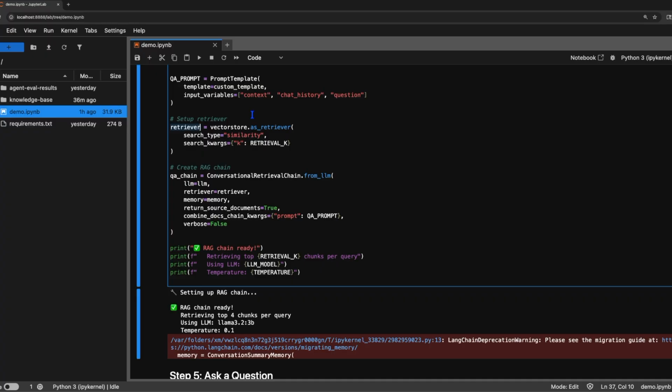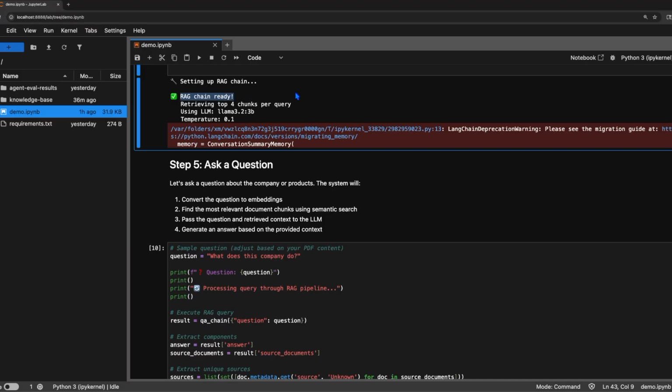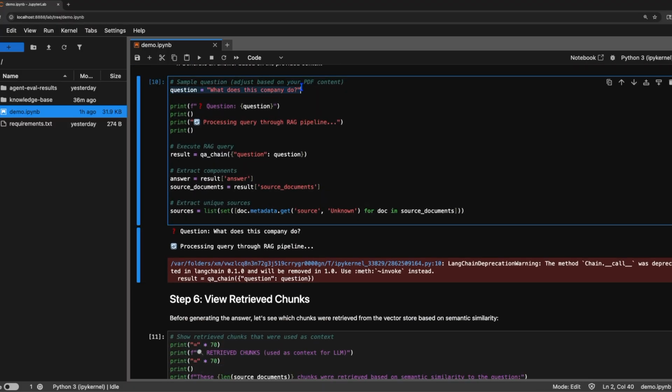We'll set up a retriever, calling the asRetriever method on the vector store, and indicate that the search type will be similarity, and setting k equal to the value of the retrieval k of 4, which we set above. Then we'll call the fromLLM method on the conversational retrieval chain and set the result into our question and answer chain. Now with the RAG chain ready, we could declare a question, pass it into the QA chain, and set answer equal to the answer property on the result, which is the question and answer chain. Then we'll populate sources